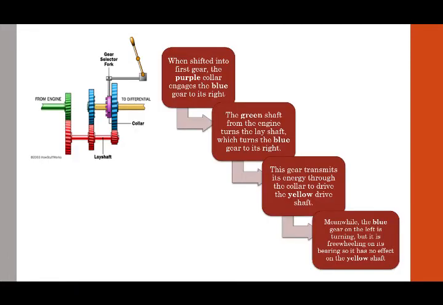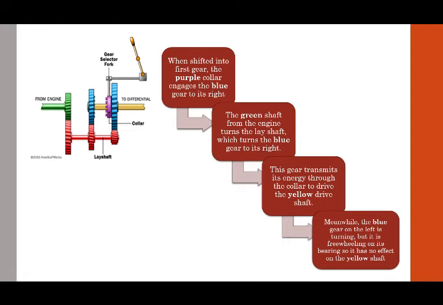So this is the transmission from the first gear and so on. When shifted into the first gear, the purple collar engages the blue gear to its right. The green shaft from the engine turns the lay shaft, which turns the blue gear to its right. This gear transmits its energy through the collar to drive the yellow drive shaft. Meanwhile, the blue gear on the left is turning, but it's freewheeling on its bearing, so it has no effect